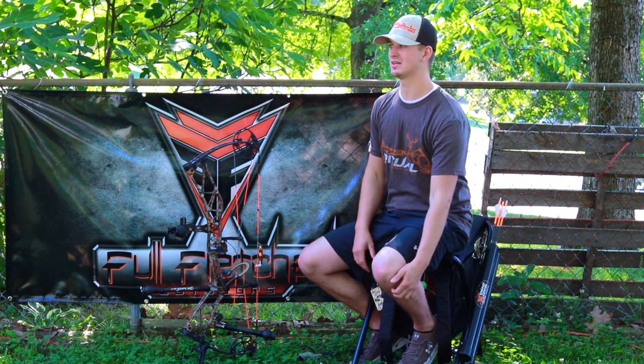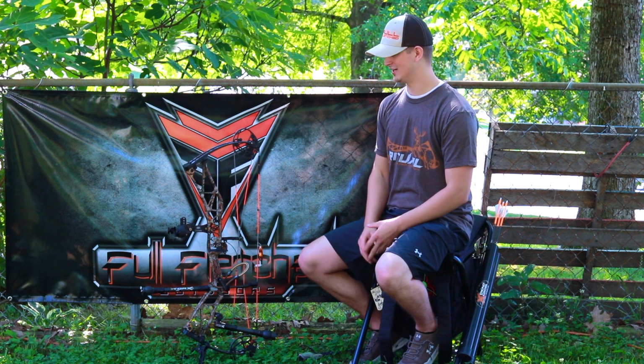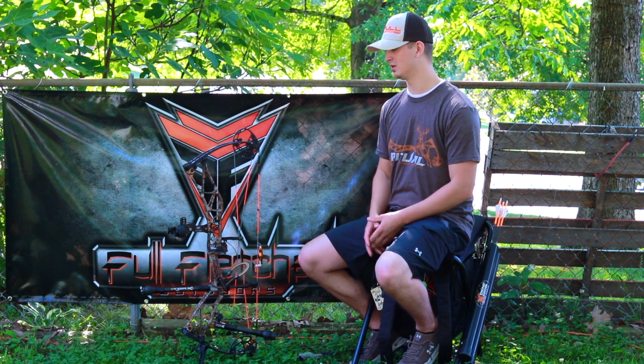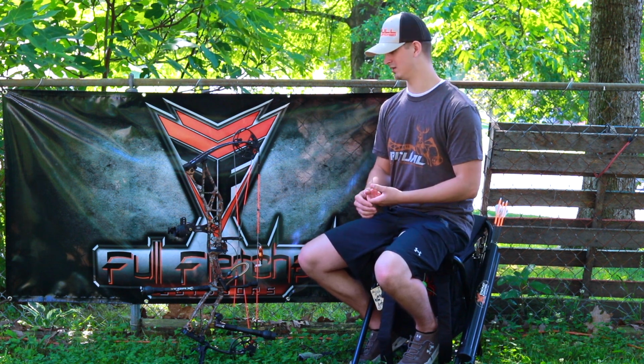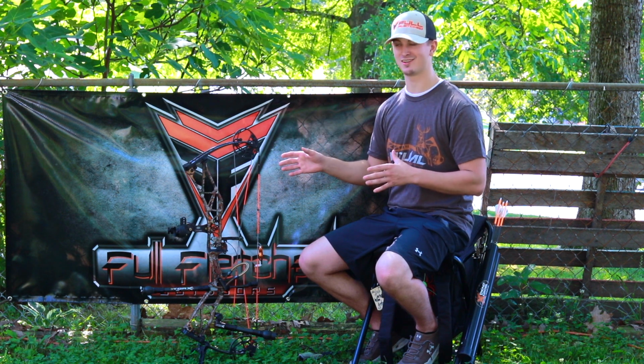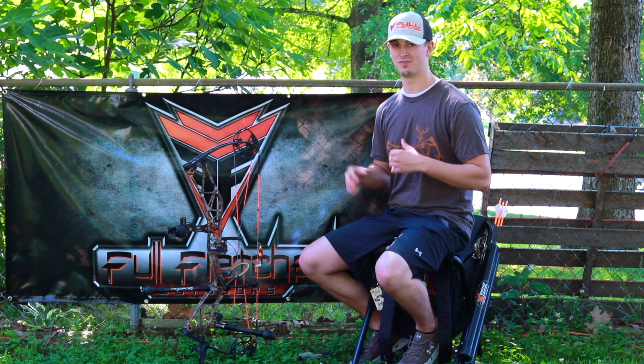A lot of people hear that 6 inch brace height and they're thinking a harsh draw cycle. And don't get me wrong, some bows will be a harsh draw cycle because you're going to get more speed out of a shorter brace height bow, so you're taking some of that forgiveness out of it. But with Elite this year, they got a soft cam design on this thing, man. It's super smooth, very forgiving,